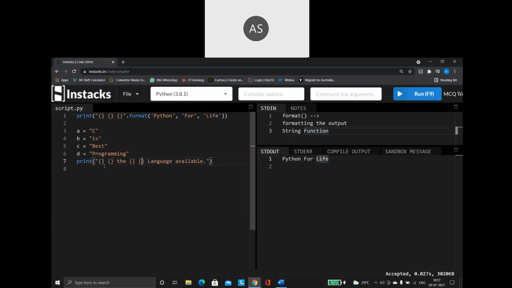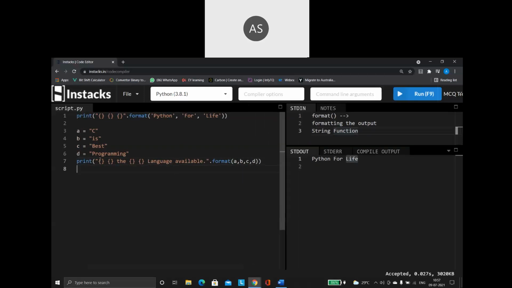Now what I have to do? I have to specify values for these curly braces. How to do that? After the double quotes, give a dot, use the format function. Inside the format function, we have to give the list of variables, whichever variables' values you wanted in place of these curly braces. So here you are going to give A, B, C. Now how is the value going to get printed?